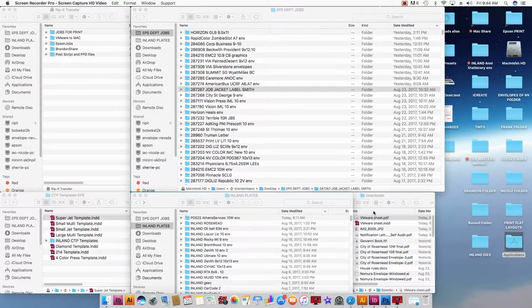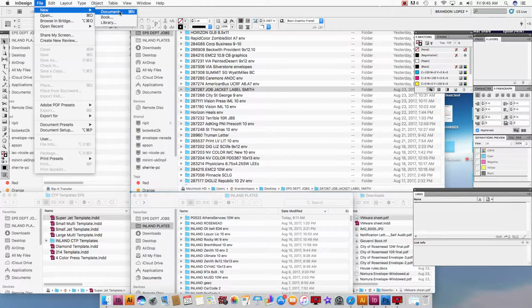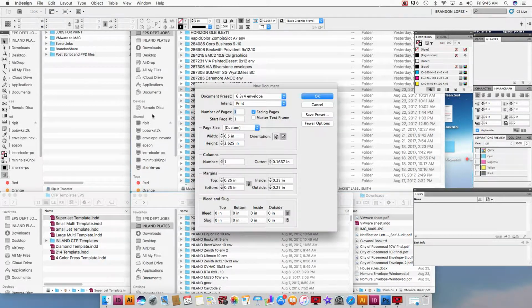the mockups for envelopes. What you want to do is come down here to InDesign, or it might be a little bit different on PC. Just open up InDesign, and then you'll go to File, New, Document, and then from here at page size,